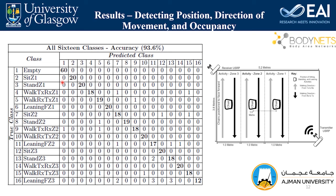The accuracy recorded here was 93.6%, slightly lower than the accuracies shown from the first experiment, but it does show very promising results because it was capable of differentiating between sitting in this zone, sitting in the second zone, and sitting in the third zone with higher accuracy. And that actually